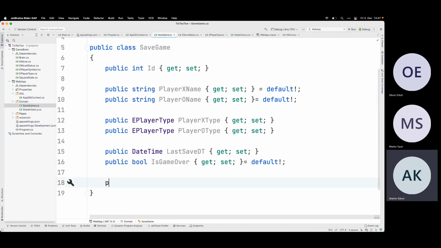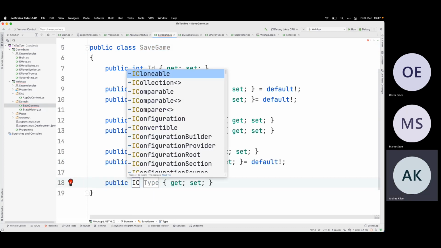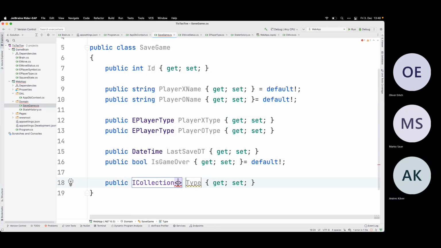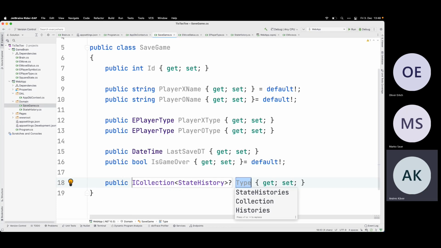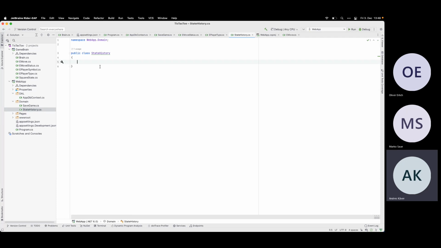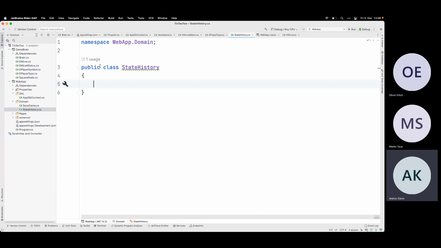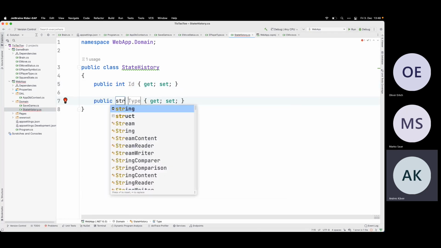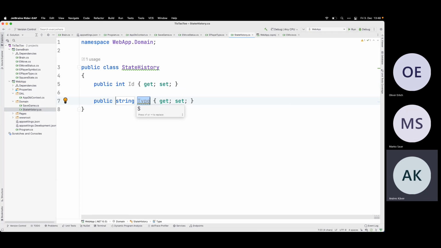And then I have this ICollection of state history, which can be null, which is state histories. And in the state history, what did you do in your history table? Like I probably need a primary key. No. Then I have this string, let's call it the state.